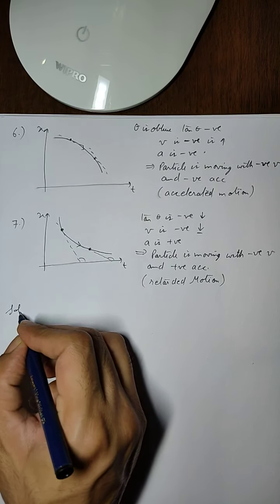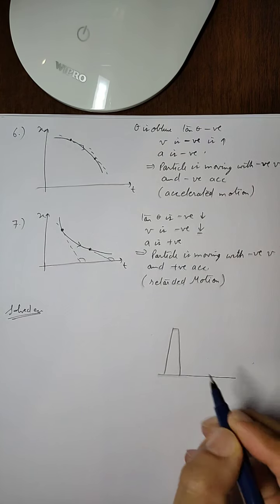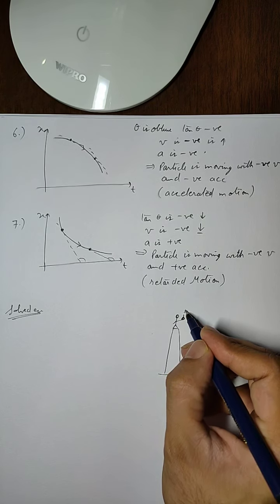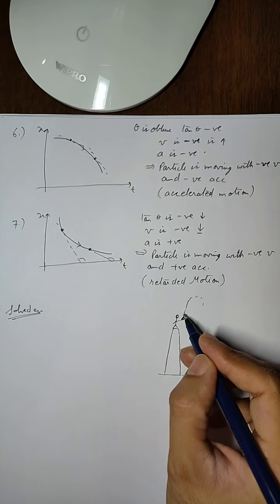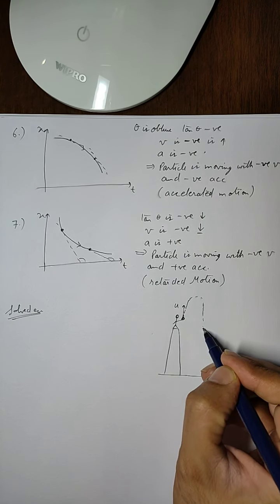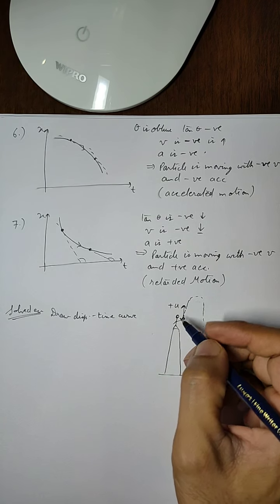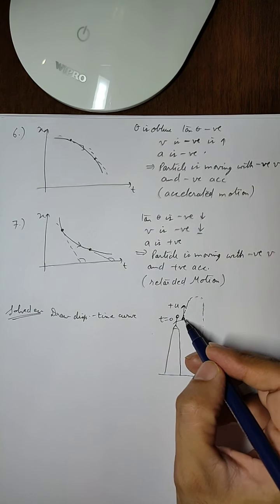Let us say that there is a boy on the top of the tower. There is a boy standing on top of the tower and he throws a ball in the upward direction. Then the direction of initial velocity is in the upward direction, and the ball will go and come down to the ground, and we have to draw a displacement time curve for this entire motion. And let us say that the upward direction is positive. Let us take the upward direction positive, and at time t equals 0 the boy threw the ball.